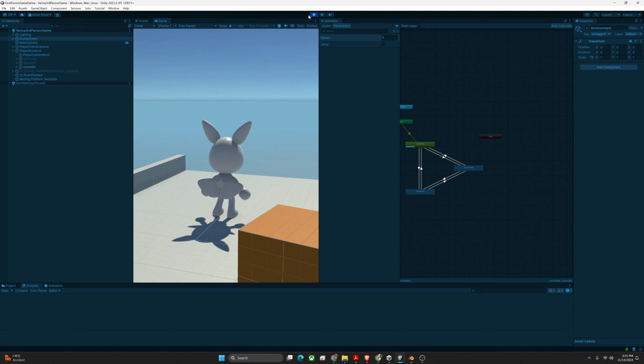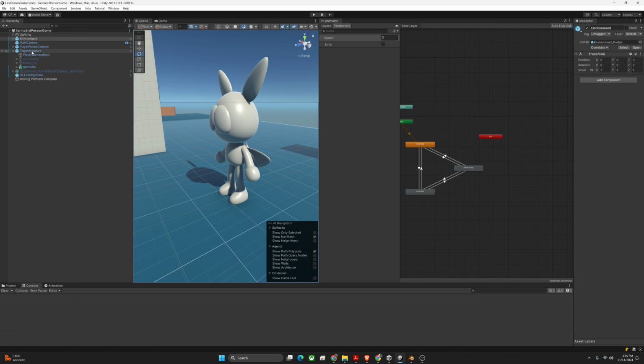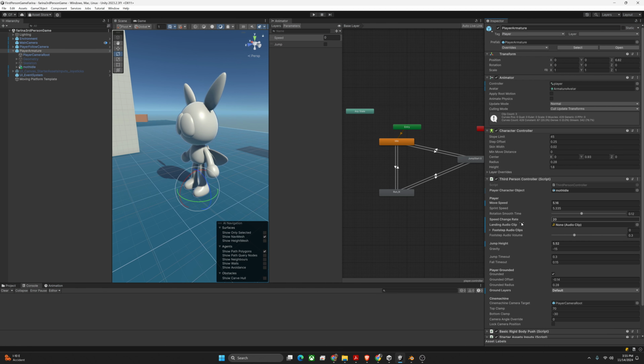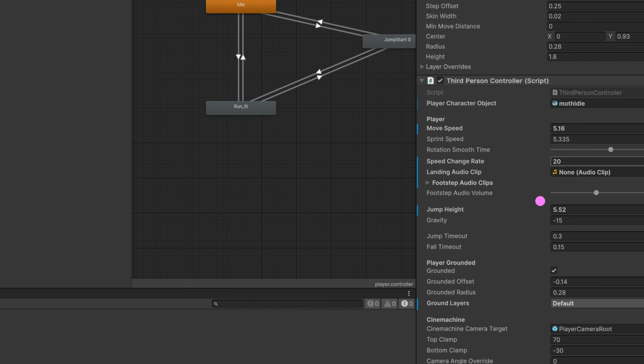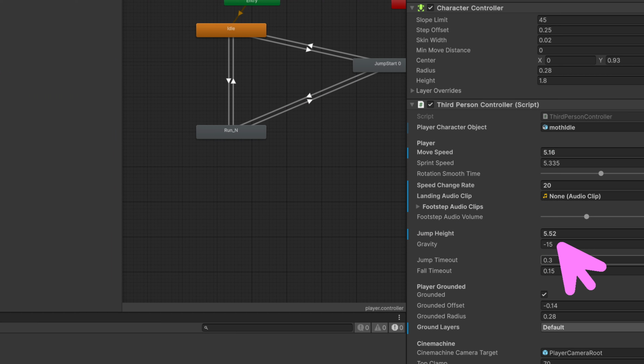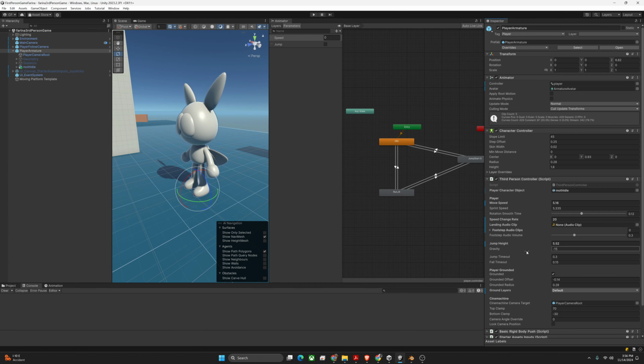Now, in terms of the jumping, just like with the speed of the character, you need to make a decision in your game. How high does the character need to jump in order to get from place to place, or clear obstacles or not clear obstacles? And that is going to be controlled in the jump height, and then the speed at which it goes up and down is in the gravity. This needs to be a negative number, and the larger the negative number, the quicker the object will fall down. And so if I didn't want my character to jump as high, if I make the jump height maybe 2 instead of 5, now we'll see